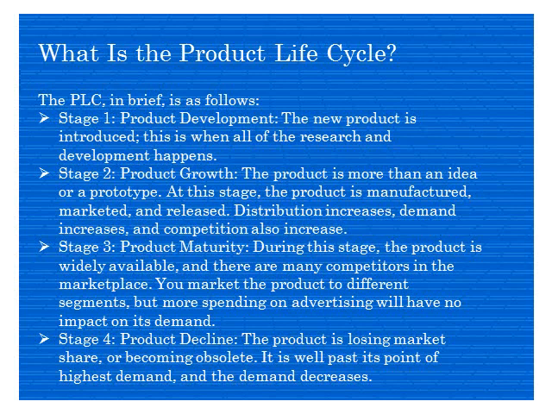Stage two will be growth. You already have the product prototype ready, and now you are trying to sell it. Slowly, people are getting used to it, and they are liking it. They are going more and more for it, so it is growing. At this stage, the product is manufactured, marketed, and released. You are doing mass production, creating it in large numbers, so that growth is high. Distribution is more, demand is more, and competition is also more, because you are now competing with big players.